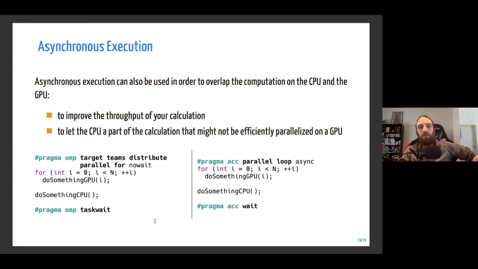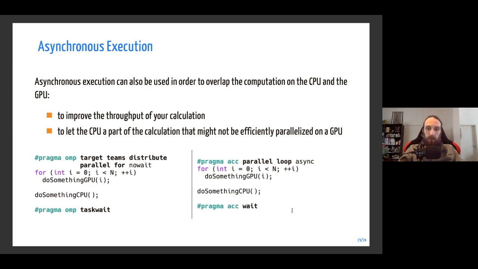What you can do also with nowait and async clauses is launch the kernel and then go back to the CPU directly. So what you can do is overlap the execution on the GPU and CPU. Basically you send your kernel to the GPU and let the GPU execute it. As we put the nowait and async clause, it means that when the kernel is launched, it returns directly to the CPU, and we can do something on the CPU. And then we wait to be sure that the GPU task is complete to continue execution.